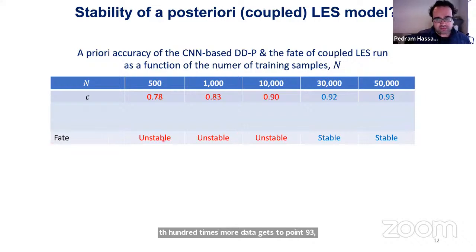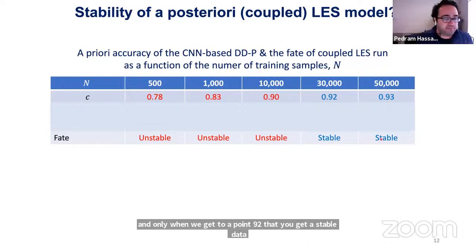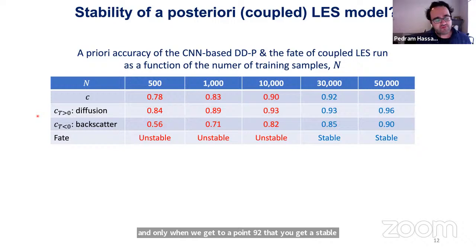But also here in the last row, I show you the fate of a coupled simulation. We couple this CNN with the coarse resolution solver. And we'll see that even for a case when this pattern correlation is 0.9, we get instability. And only when we get to around 0.92 do we get a stable data-driven parametrization. So then what we did, and maybe this is the first knowledge-guided thing that we did,